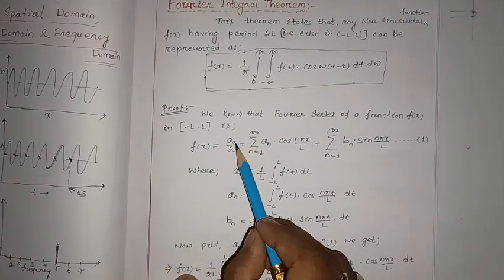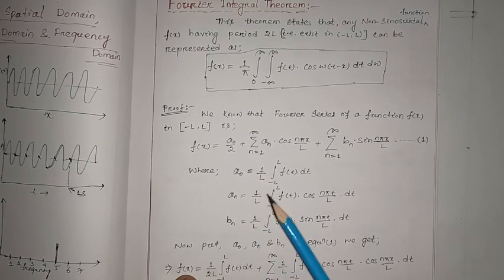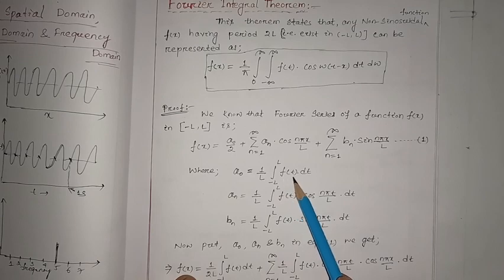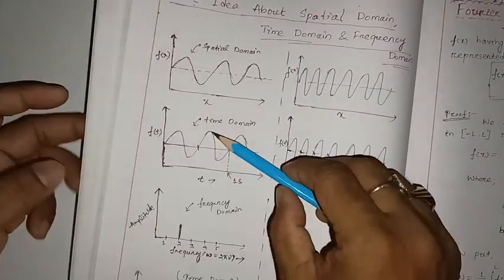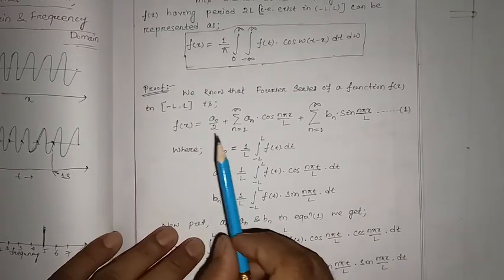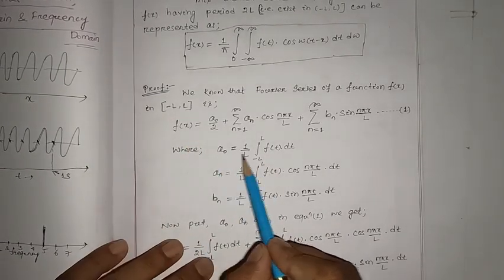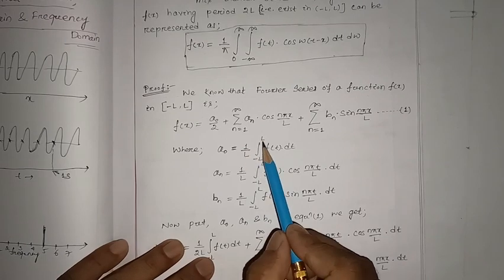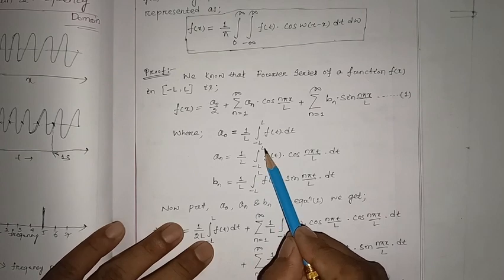And here a0, the Fourier coefficients, a0 is (1/L) ∫ from -L to L of f(t) dt. Here we considered f(t) dt as we saw that the spatial domain can be communicated to time, and time domain can be communicated to frequency. So this spatial function can be written in the form of time domain. So a0 will be written as (1/L) ∫ from -L to L of f(t) dt, and an is (1/L) ∫ from -L to L